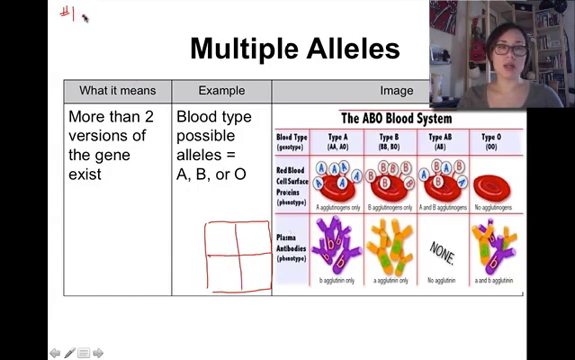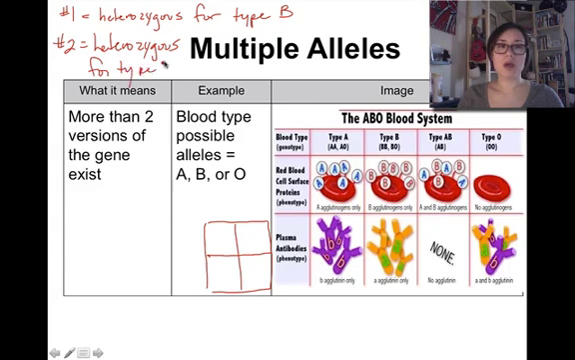Parent number 1 is going to be heterozygous for type B blood, and parent number 2 is going to be heterozygous for type A. So what does that look like? If I'm heterozygous, I know I have 2 different alleles. So I'm going to do capital I with a superscript B, lowercase i, or you can write it big B,